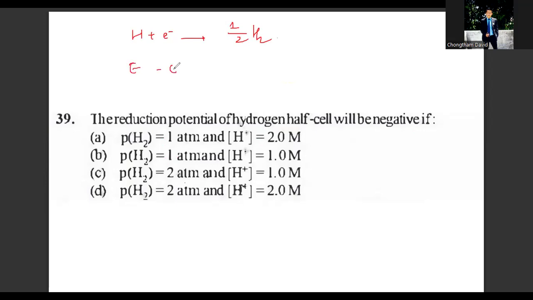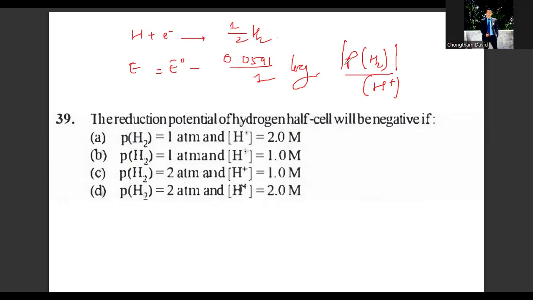Losing means oxidation. Now E cell equals E naught minus, you are going to use again the Nernst equation, 1 log of hydrogen. This was the equation that you have remembered, right? So raised to the power, the stoichiometric coefficient. Now if this partial pressure of hydrogen given to you is 2 atmosphere, how would I rewrite this equation? The new equation would be modified as E equals, standard is given 0 at equilibrium, minus